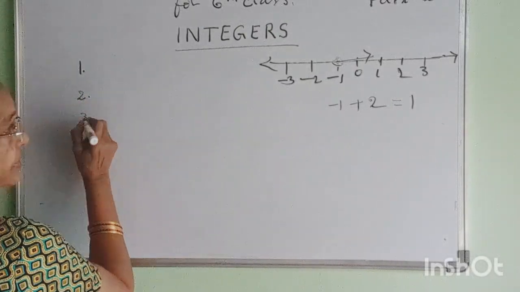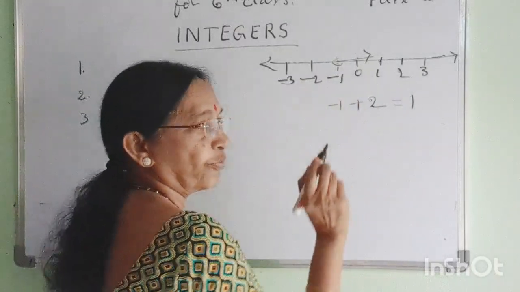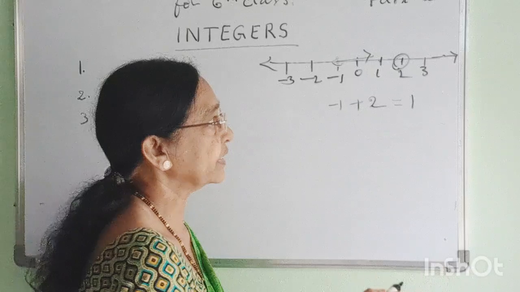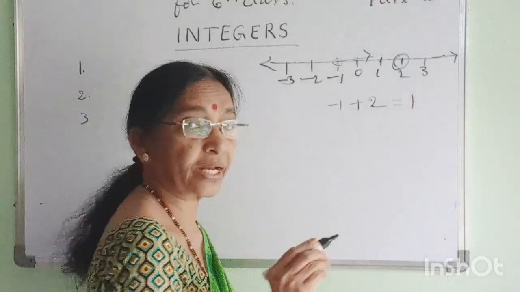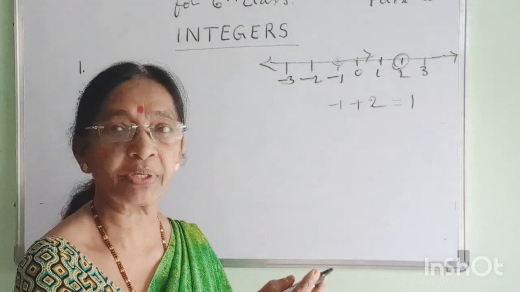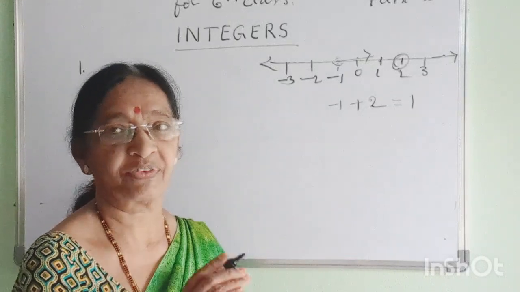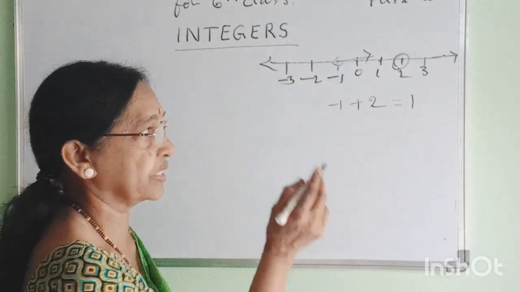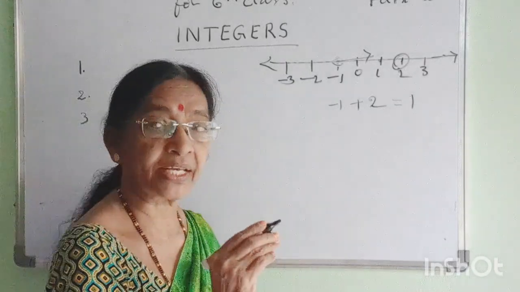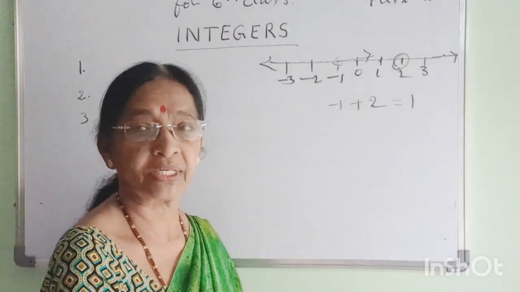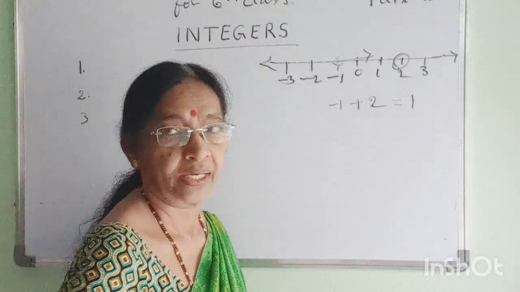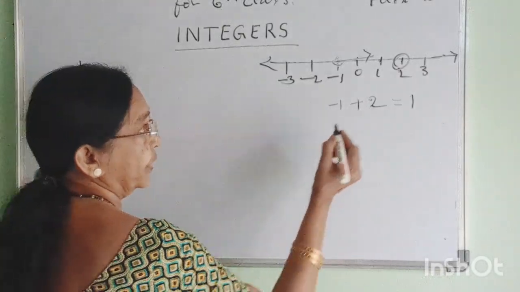Next, subtraction. If we subtract a positive number from any number on the number line, the result will be on the left hand side. If we subtract a negative number from any number on the number line, the result will be on the right hand side. For example, take 4